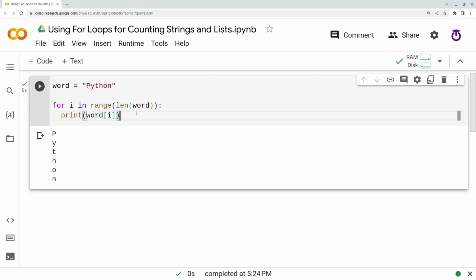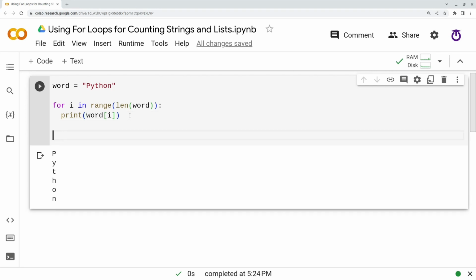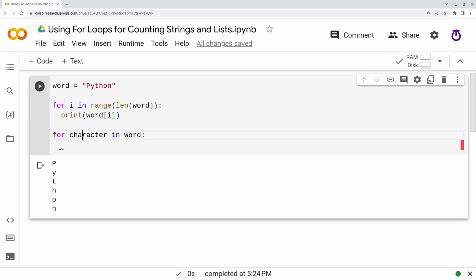So the other type of for loop, rather than using for i in range, we can write for character in word. Character is not going to be a counter this time.